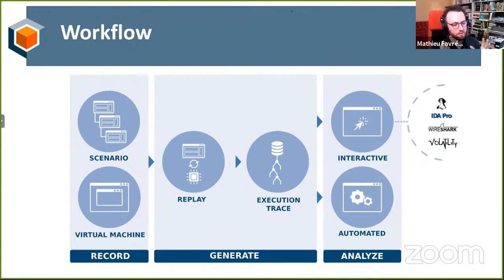And last but not least, we realized that REVEN is one tool in the toolbox. And it helps you get some answers, but not everything. And there are other tools there, of course, IDA and WinDbg for those of you on Windows, or Wireshark for when you're talking about network, Volatility, other tools like that are super interesting, provide a lot of features. And we made sure that when it makes sense, we can integrate with those tools. So you can sync IDA, you can connect WinDbg to a trace, we'll see that. So you can exploit these tools' features on top of a trace. Okay, so that's the whole workflow